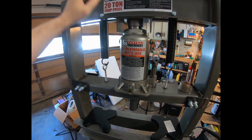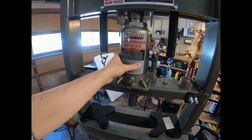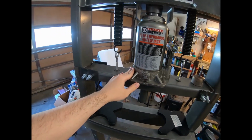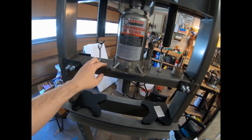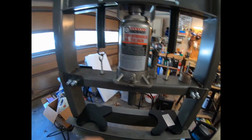The bottle jack, if you can replace it, just do it. This thing's kind of shitty. It's worked for me and for someone who's on a budget. Like, I don't have the cash to really throw at a bottle jack right now. But if I could do it over, I would, or not do it over, but if I'm going to upgrade this in the future,